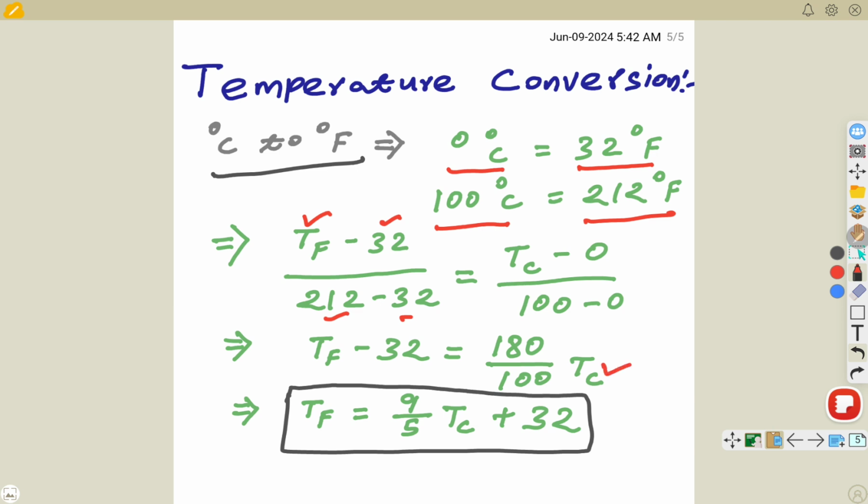So if we further simplify it, we will find the temperature in Fahrenheit scale is equal to 9 by 5 times the temperature in centigrade scale plus 32. We may write it as (TF minus 32) into 5 upon 9 is equal to the temperature in Celsius scale. So basically, whenever we are asked to do some temperature conversion, whether it is a known scale or an unknown